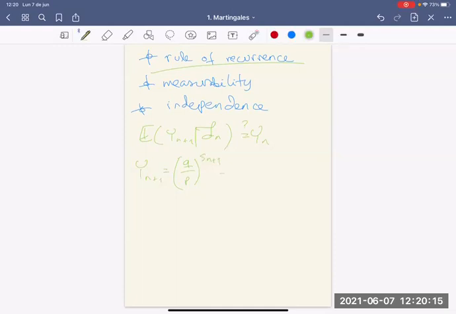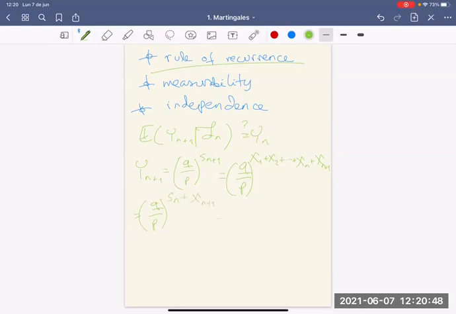And then what I need to do is to find, okay, this is Q divided by P raised to this power, x1 plus x2 plus so on and so forth, up to xn plus 1. And what I have in here is just an Sn, right? Plus xn plus 1. And that is just Q divided by P raised to Sn plus Xn plus 1, which